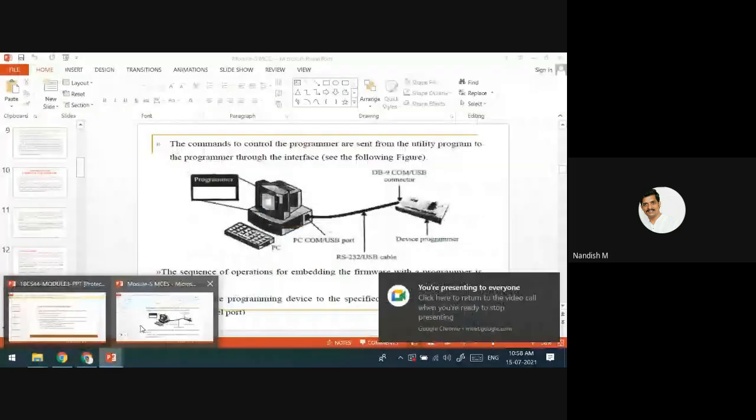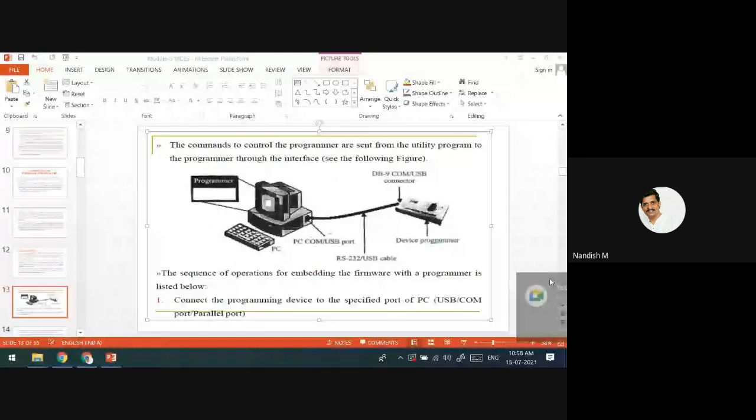I was saying this. This is the device programmer. On top of this, you can see some black mark, right? This is a chip that you are going to place. This device programmer is connected to the computer through a cable.